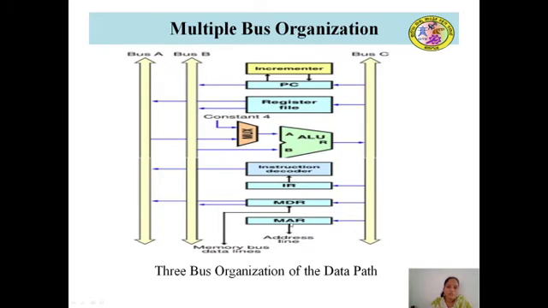In order to transfer the content of PC to MAR, we're going to make use of the ALU as unmodified data. So now the content of PC, that is the address which is stored in PC, will be transferred to bus B. Through this bus B, that content will be transferred to the B input of the ALU. The ALU will send the content of B as unmodified data. That is, the content which is present in B will be transferred to the destination using this bus C.